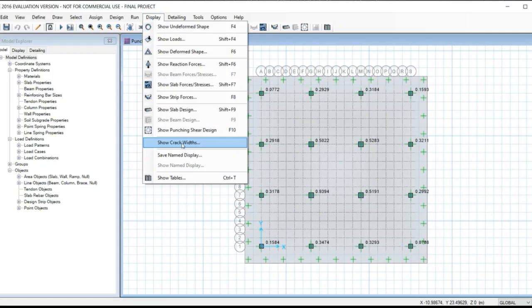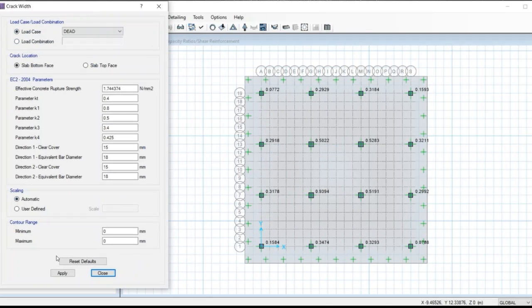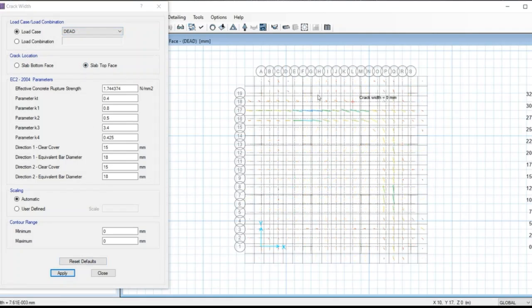Now go to, as you can see, the crack width, slab bottom face and the slab top face. There are minor cracks.